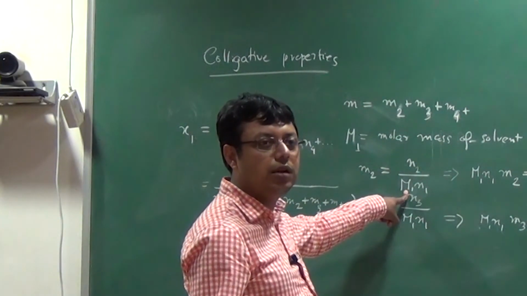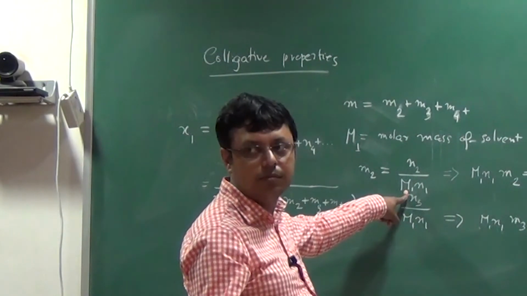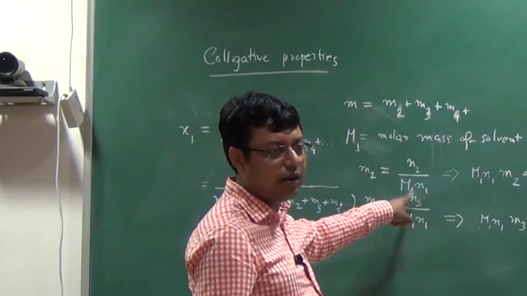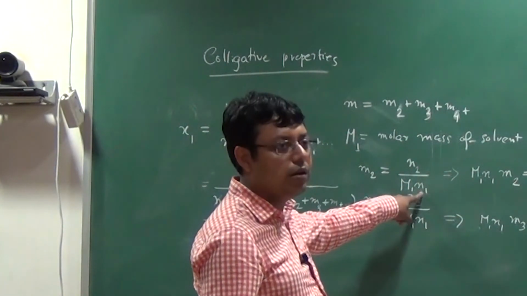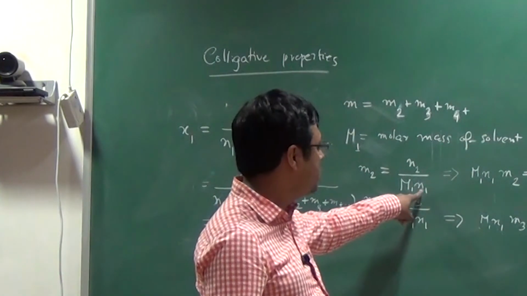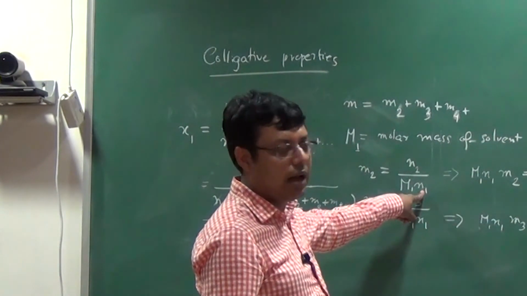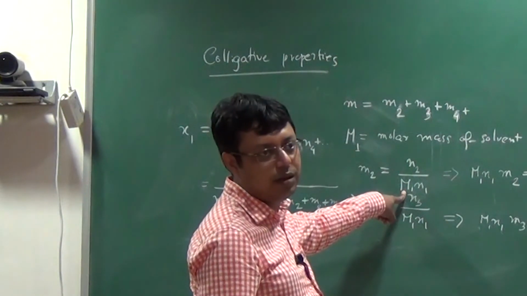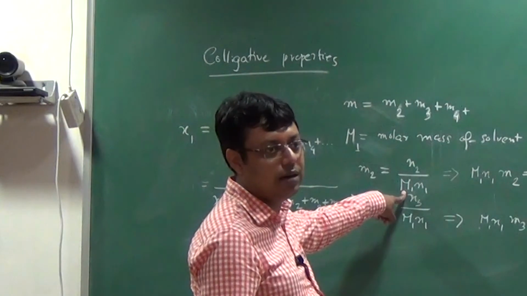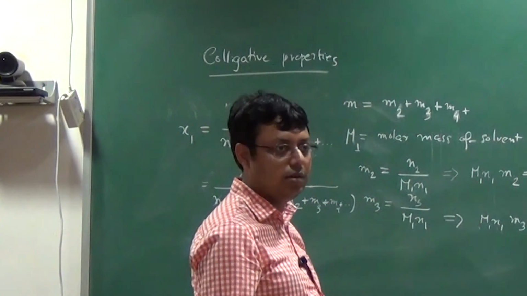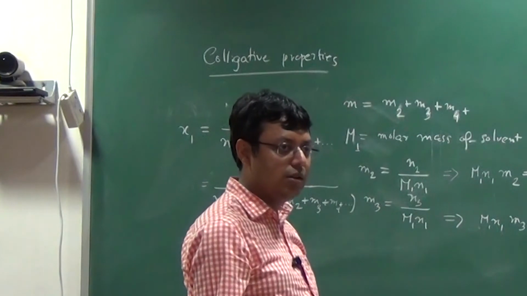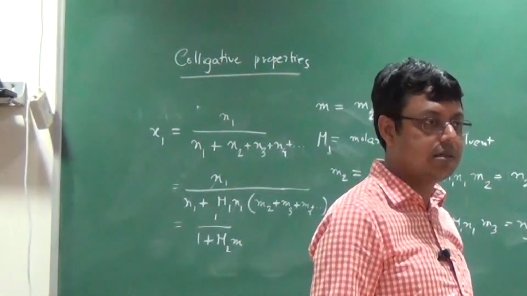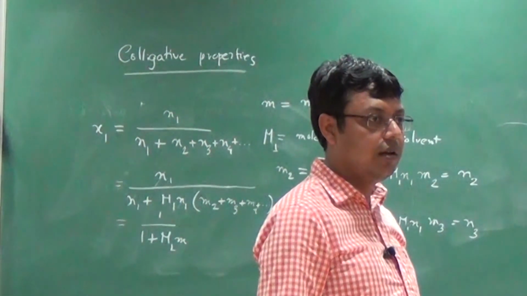In a classic definition, usually people used to use like 100 gram. That is also kind of there, but it doesn't matter. I can always scale it. But M1 into N1 is what? This is basically moles, right? And this is molar mass, gram per mole. So then what will be the amount? It is in grams, right? Grams of what? It is solvent, right? So for a fixed amount of solvent. What I'm saying is that you took 1 liter water. 1 liter water corresponds to say 1 gram per cc density if it has. It will have certain